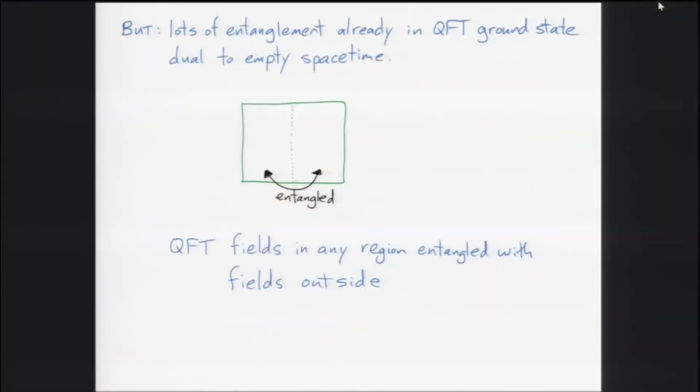When I was thinking about that, I wondered, what that suggested was, could it be that in that example the entanglement is the crucial thing that connects the two spacetimes? And then I was reading more about entanglement, and I read that when you just have the ground state of an ordinary quantum field theory, there's actually lots of entanglement there already.